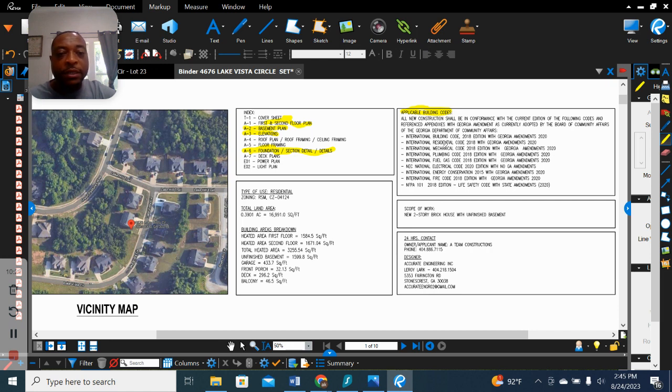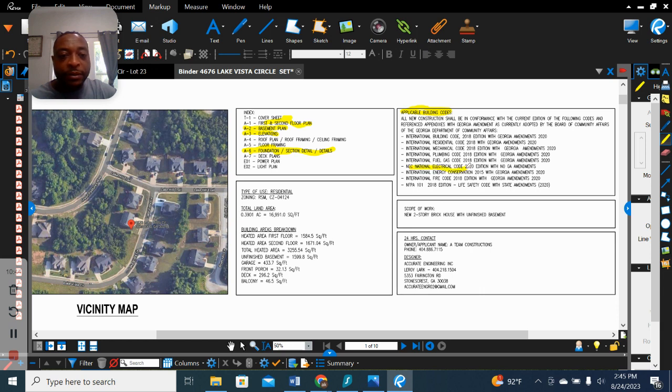So you have the International Building Code, 2018 edition with Georgia amendments. International Residential Code. All these things you can look at. Mechanical code, plumbing code. We're not going to dwell on that too much. That's when we get to the advanced classes, the advanced sessions. We'll discuss more of that. Electrical code,